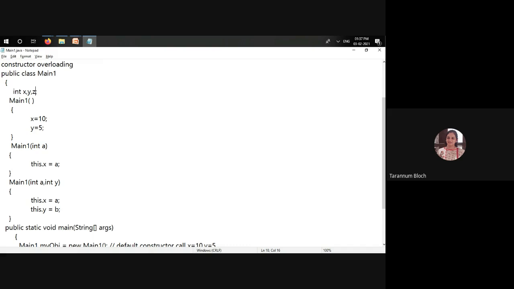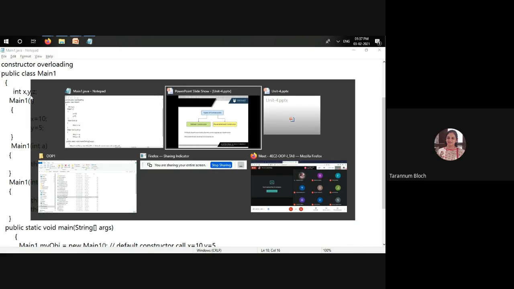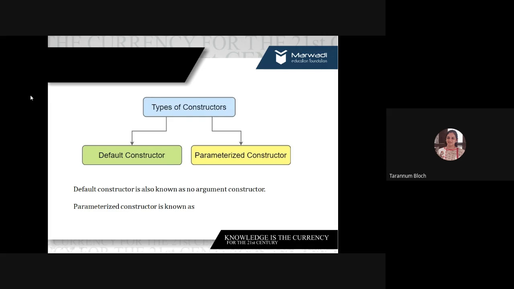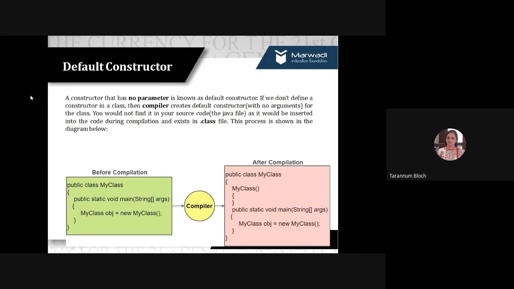So based on the number of parameters, we can classify constructors into 2 types. First, the default constructor, and second, the parameterized constructor, right? The default constructor is known as the no-argument constructor, because nothing is provided. And the parameterized constructors are argumented constructors because we have arguments in that constructor.